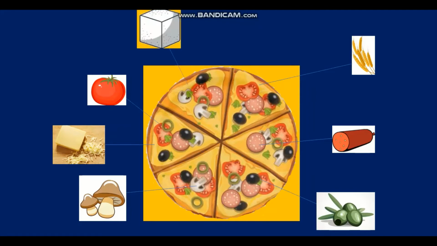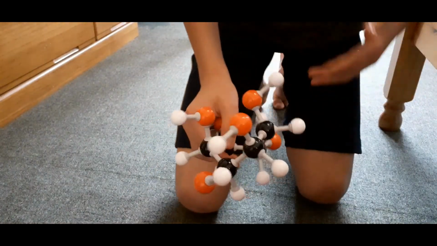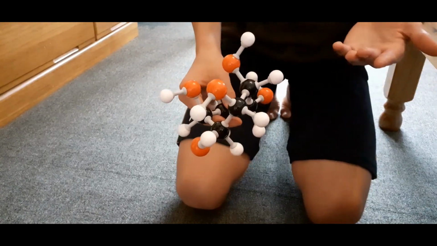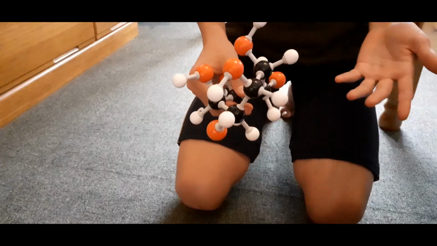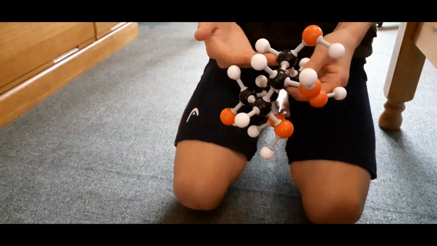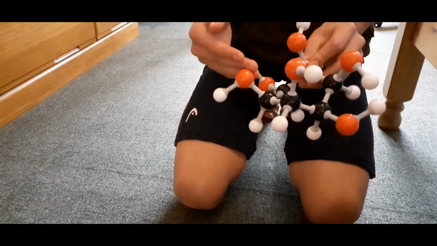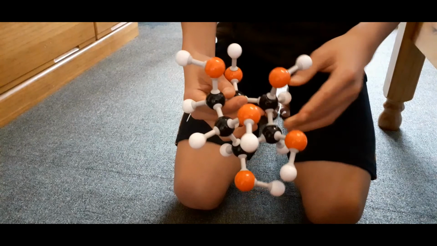And one of those toppings is glucose, which I'll be talking about now. So here's a glucose model that I made, and so we're going to check what types of atoms it's made out of. So as we can see, it's made out of 3 different types of atoms. Carbon in the black, the hydrogen in the white, and the oxygen in the red. So the chemical formula for glucose is